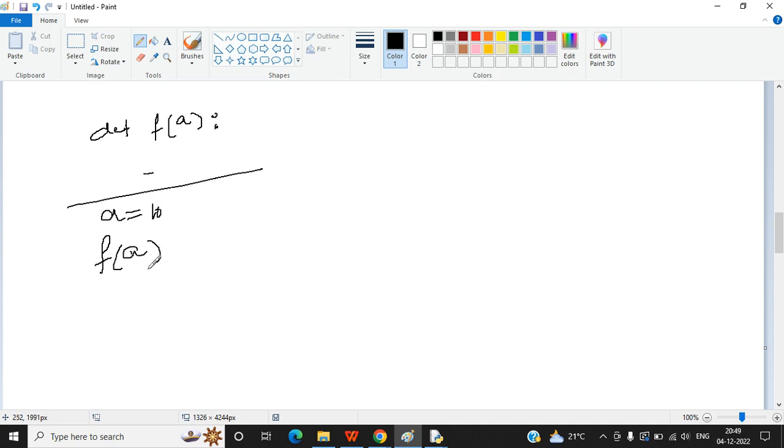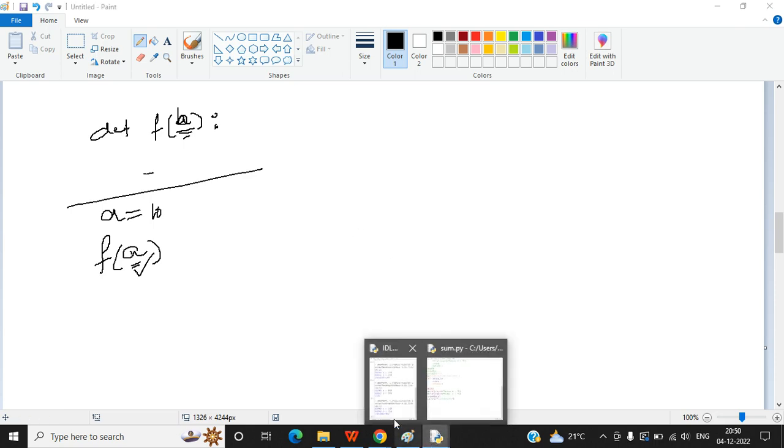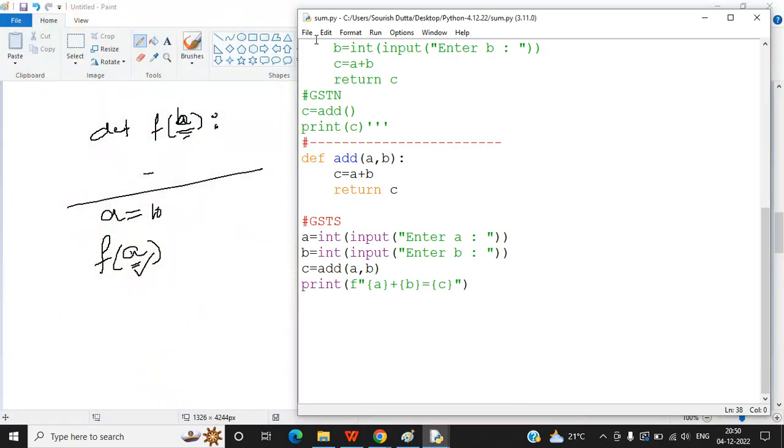Now you pass this a into that function. It's not necessary to have this variable with the same name as that of a. You can put any name for this variable. There is no relation between this variable and that variable. That means what I am trying to say,